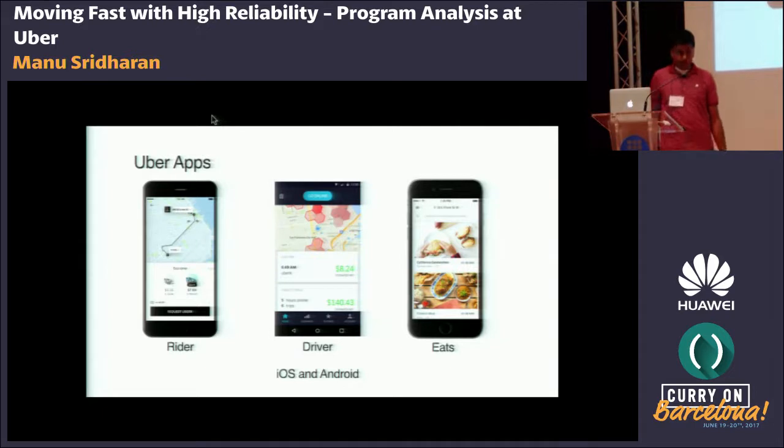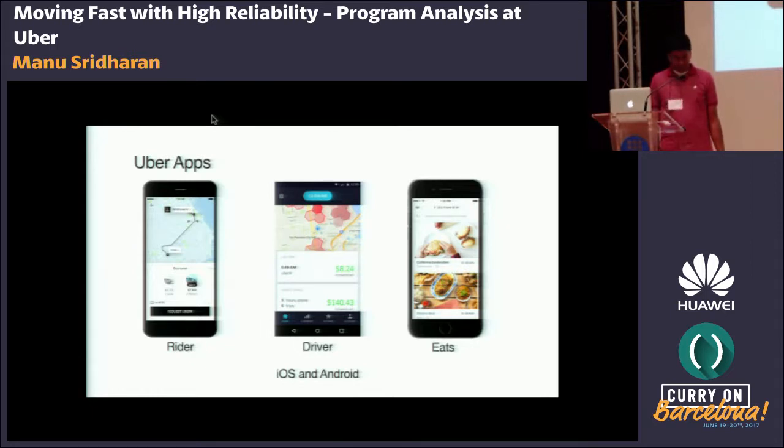So Uber is multiple apps. We have a rider app. This is probably the app you're most familiar with for booking a ride to go somewhere. And then we have a separate app, the driver app, where drivers can see who's requesting rides and get navigation directions. And then there are more and more apps coming, like Uber Eats for ordering food, and there's more planned for the future. And beyond the number of apps here, we have separate apps on both iOS and Android. So you can see how this is adding up to a lot of mobile application code.